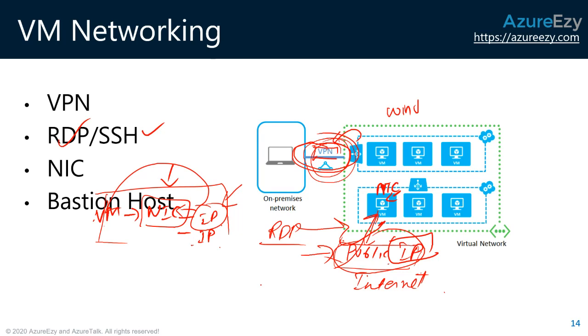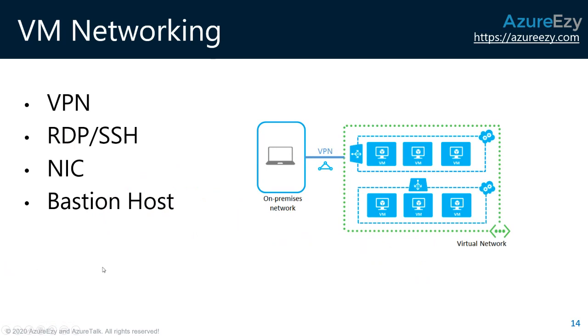The next thing is Bastion host. Bastion host is another service. Suppose you want to connect with this VM. To connect with this VM, you must have a laptop which can have connectivity with this network. And for that, you must have some configuration on this laptop as well, like VPN setup and so on.